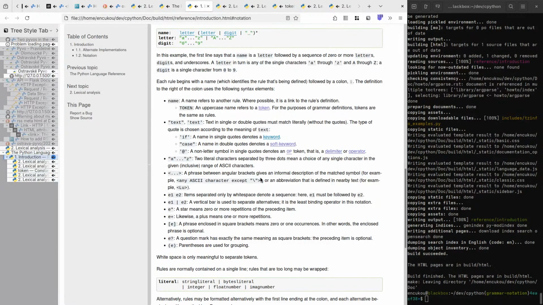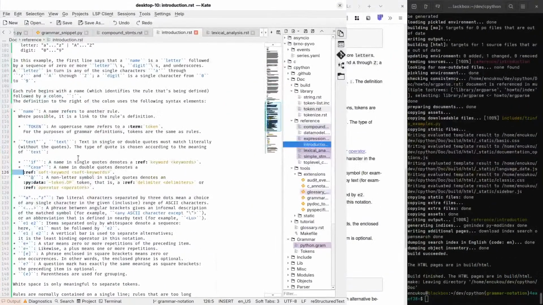Good. And maybe I want to use a sublist here as well.